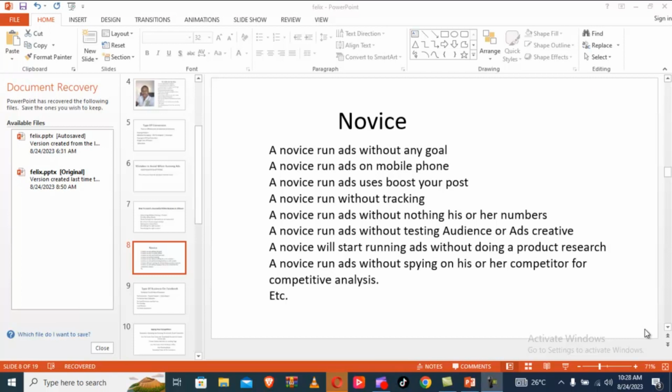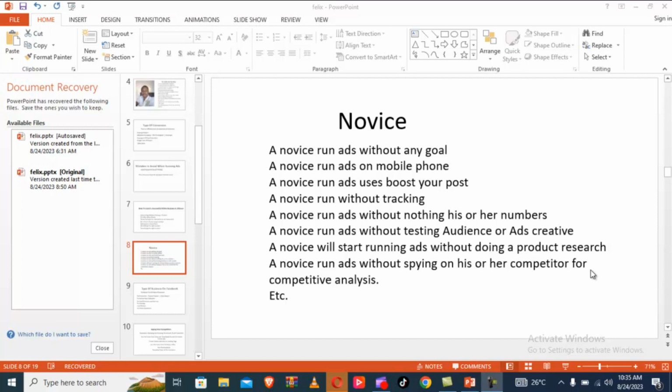This information will be gathered over time as your ads keep running and it keeps improving. Don't run ads without testing the audience, and don't run ads without testing the creatives. This is very important because if you don't run testing while running ads, you will not be able to pick the right one to scale. So when it comes to running advertising, you need to test everything, from the audience to the creatives,